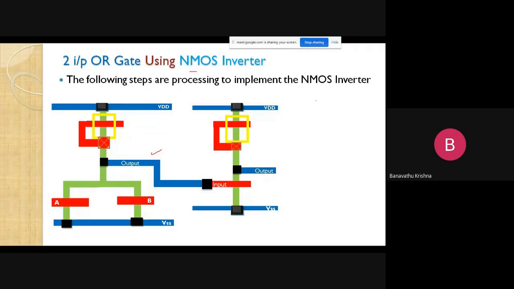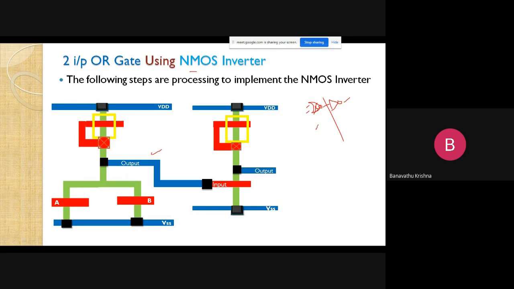Let us see here. This is the NOR gate, right? Two input NOR gate here. Next, you have to connect with the inverter. This is the two parts here.